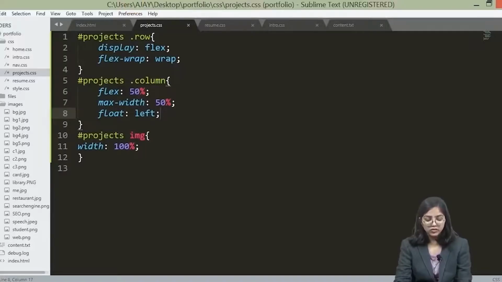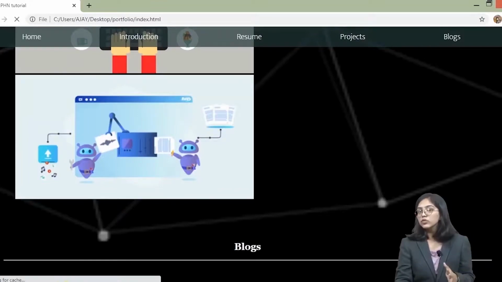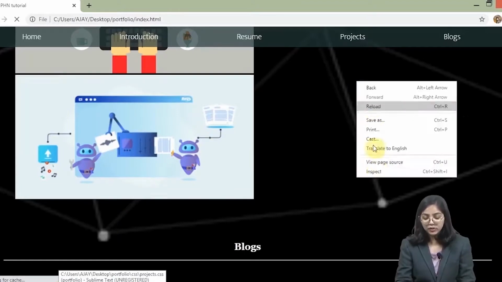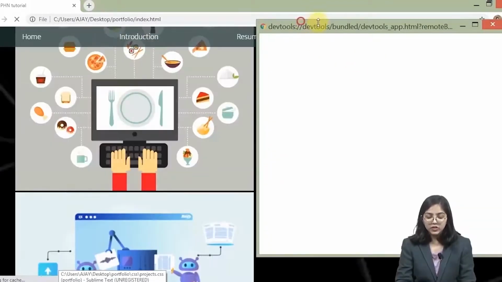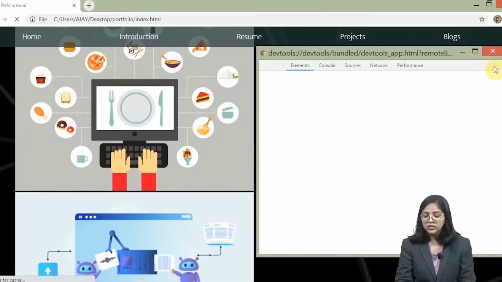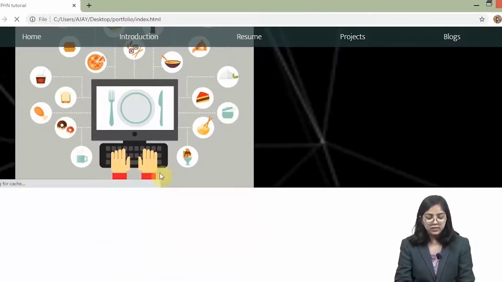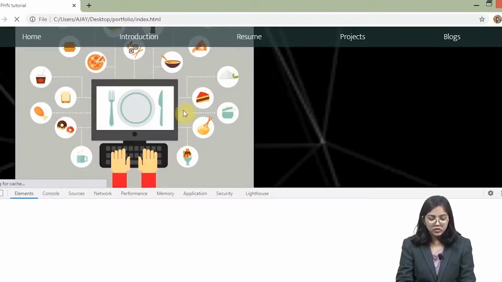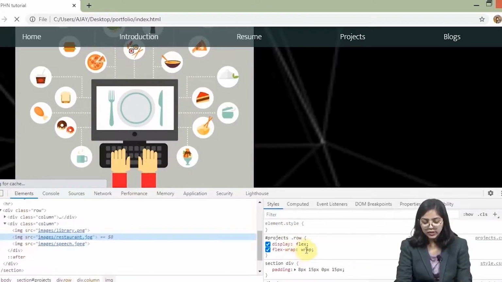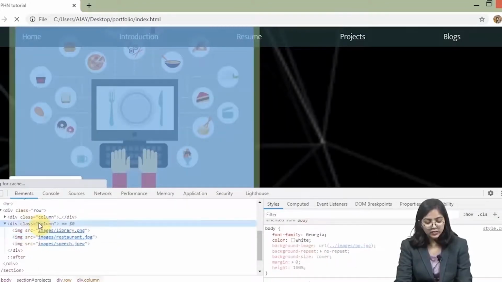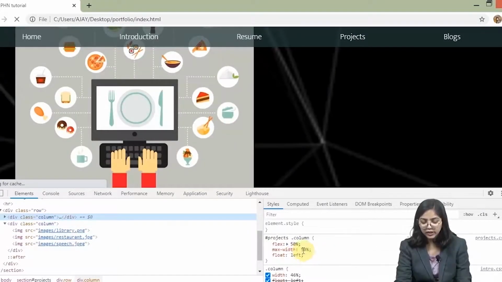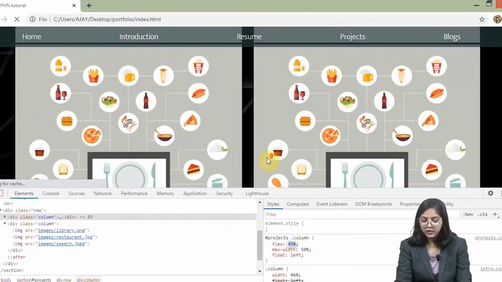So let's just see what's wrong within here. I think the values over here have been misused, right? So we'll just inspect this particular page, and we'll make the changes accordingly. So let's just make it downwards. I want this panel to be downwards, and now let's make the changes over here. So here's my flex wrap, and let's just see the column over here. Okay, so it is inside the float left. Now let's just decrease the flex value over here. So it was because of the flex value.